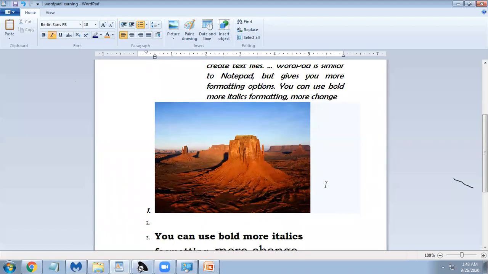So they can drag a picture here in WordPad and write about it. They can search data from the internet also, and they can write here. This is how the work will be done, and you can submit to a teacher. So this is how you insert a picture. Simply go here to picture, and you bring a picture from the location you want.